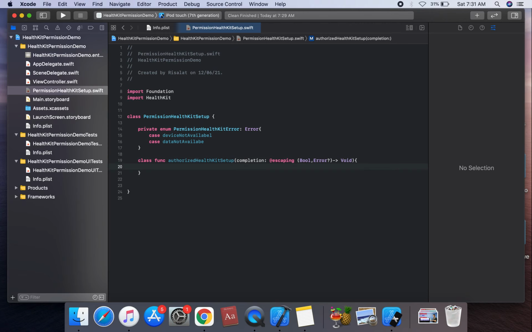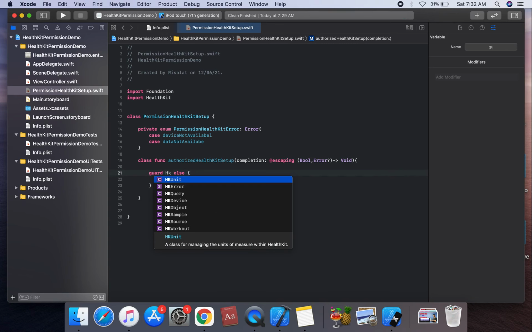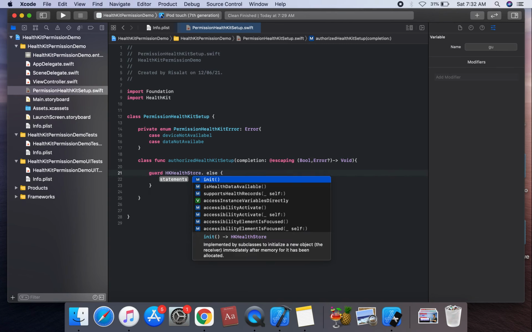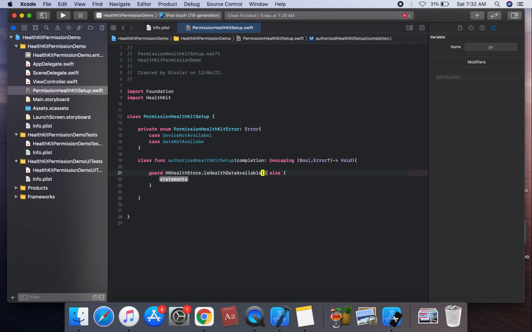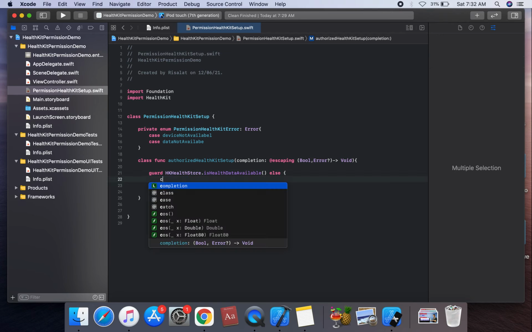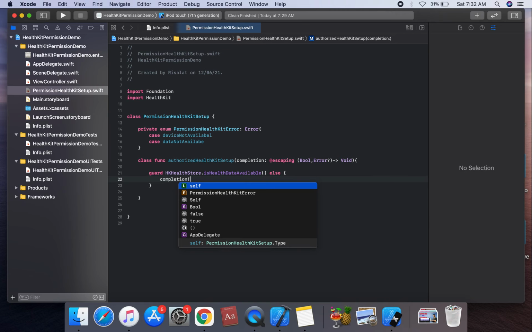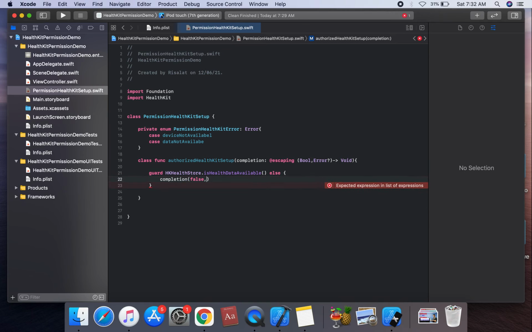Firstly, check to see if HealthKit is available on this device. We create a guard statement: guard HKHealthStore.isHealthDataAvailable() is true, otherwise completion with false and the error.